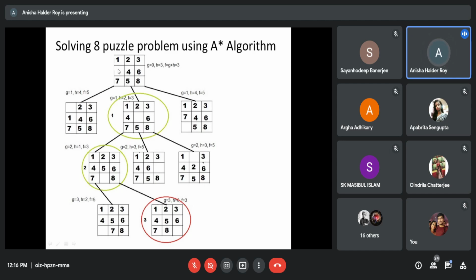So first, you have to calculate the heuristic value. What is heuristic? Heuristic is the mismatching between the current state, or here the starting state, and the goal state. The mismatching between these two.